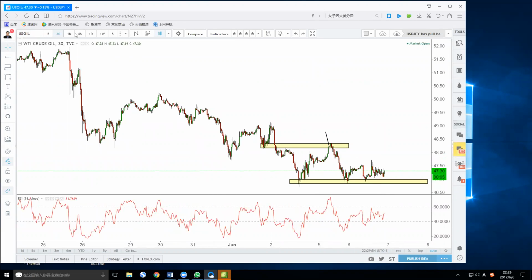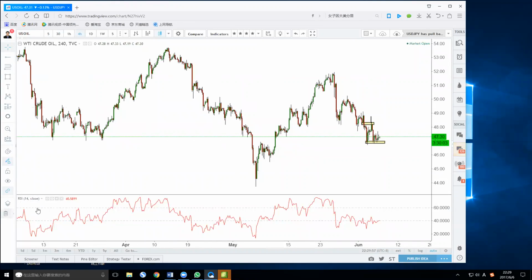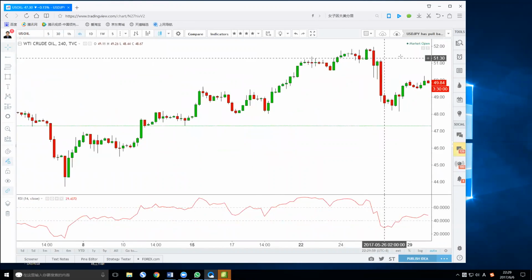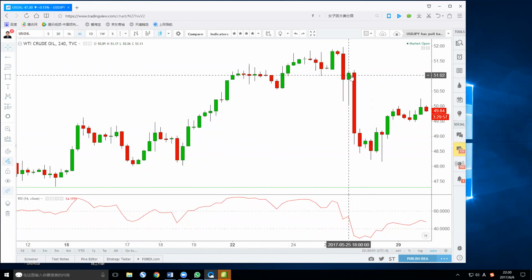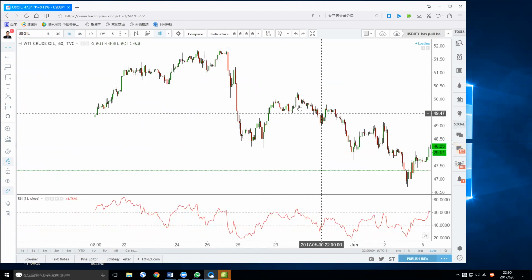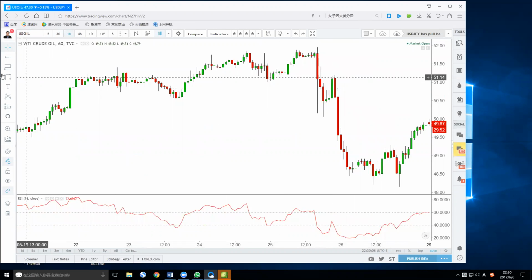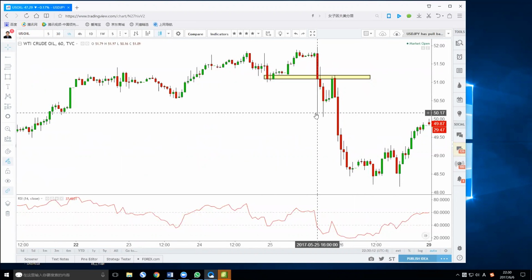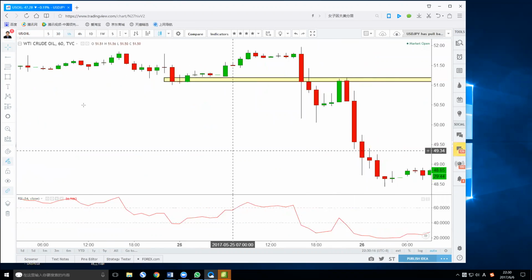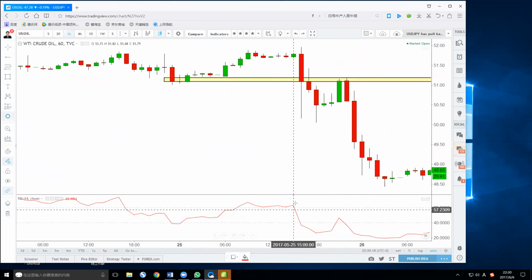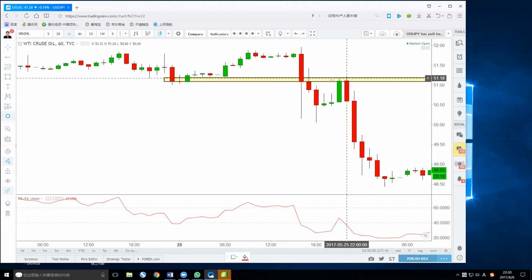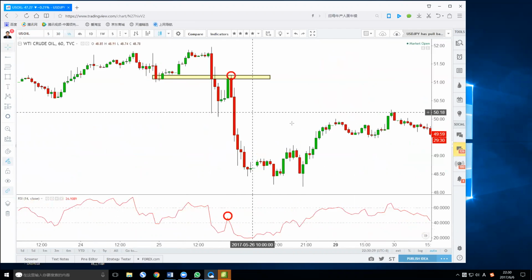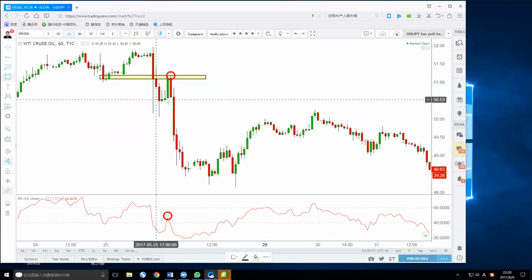For the oil, let me do a quick review. How many of you guys shorted oil from 51? Who shorted from 51? I think I mentioned this in my QQ group, right? This is the best way. The RSI confirms a very bearish candle, put RSI below 60, and then pull back to the structure here. You see here, the RSI is no longer above 60, so you can short from here. Boom, 300 pips.